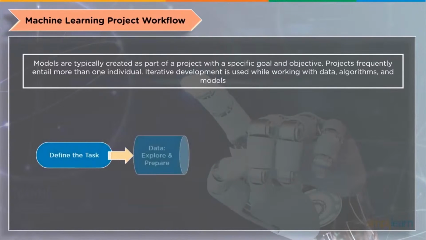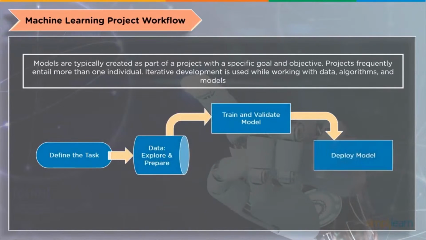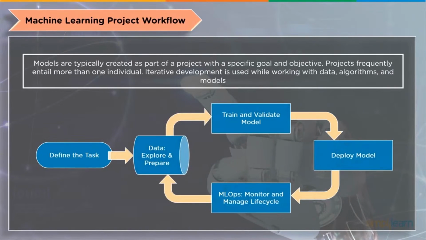Models are usually created as a part of a project with a specific goal and objective. Multiple people are usually involved in these projects. Iterative development is used while experimenting with data, algorithms, and models. Now coming to the project life cycle,